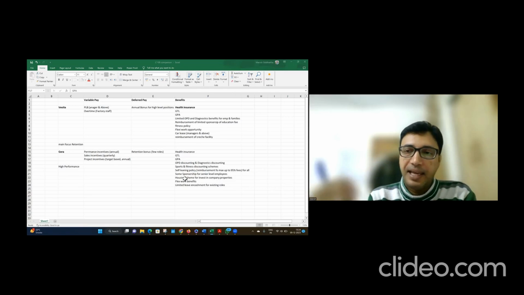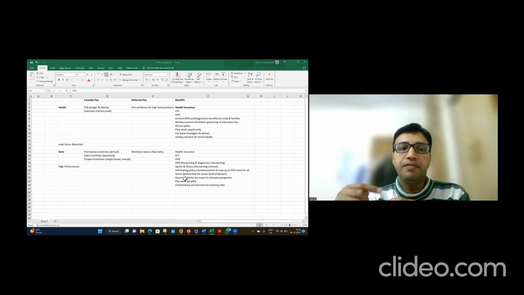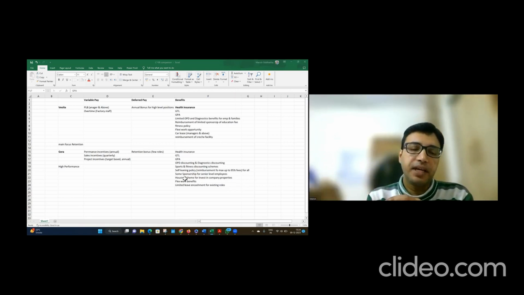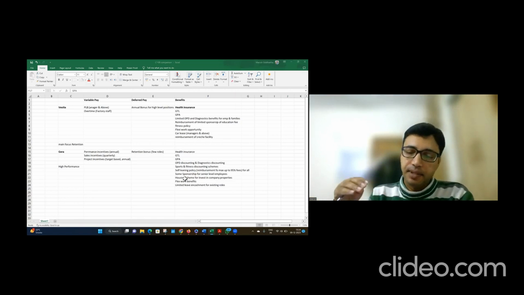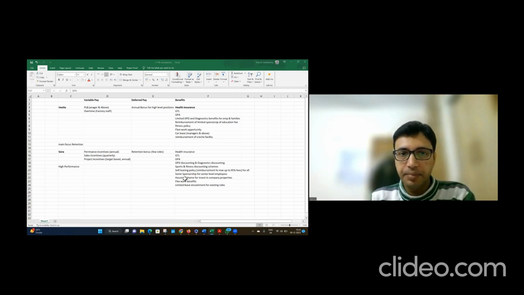To motivate talent, we have some variable pay in place, like PLB, and deferred pay in terms of annual AIP, which is paid to them every year in the month of April. In our setup, we are in servicing, and we are also into manufacturing. We have factories where we manufacture the filters that we sell to other organizations in the same industry. For the factory setup, we pay overtime also. So this is mainly the variable pay and deferred pay.